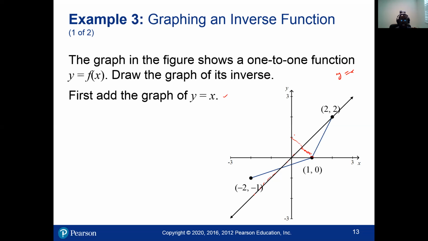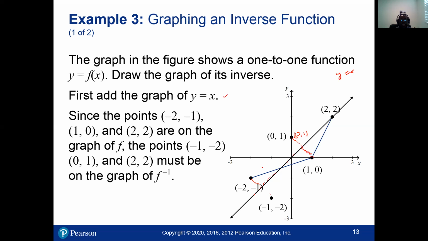It's going to be that. It's going to be 0, 0, 1. This point, which is -2, if you reflect it over this line, it's going to be somewhere. Since the points -2, -1, 1, 0 are on the graph of f, the points,